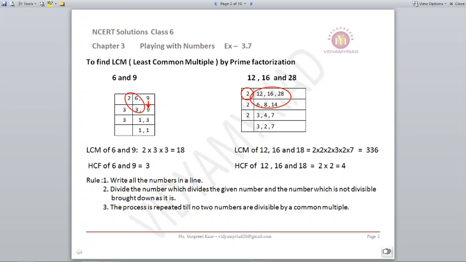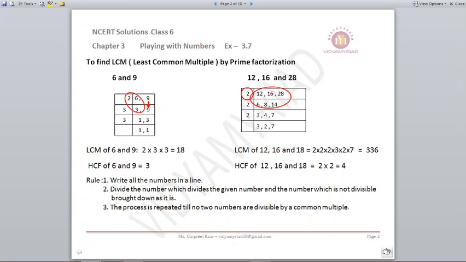Like 7 under 7, 3 under 3 was there, and in the case of 6 and 9, 9 is not divisible by 2, so we wrote down 9 as it is. We will try to solve it till we get 1 or till we get such numbers which are not divisible by it at all. At the end, to find out the LCM, we will multiply the first column numbers and the last row if the numbers are there. So multiply all of them together, that will be your required answer of your LCM.